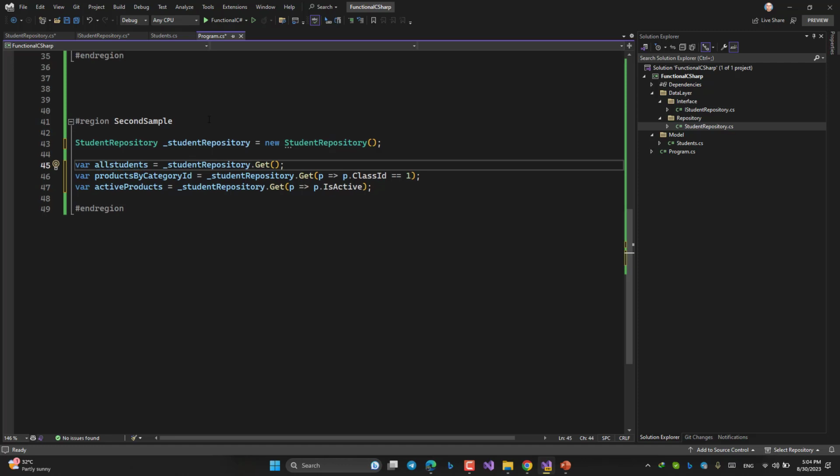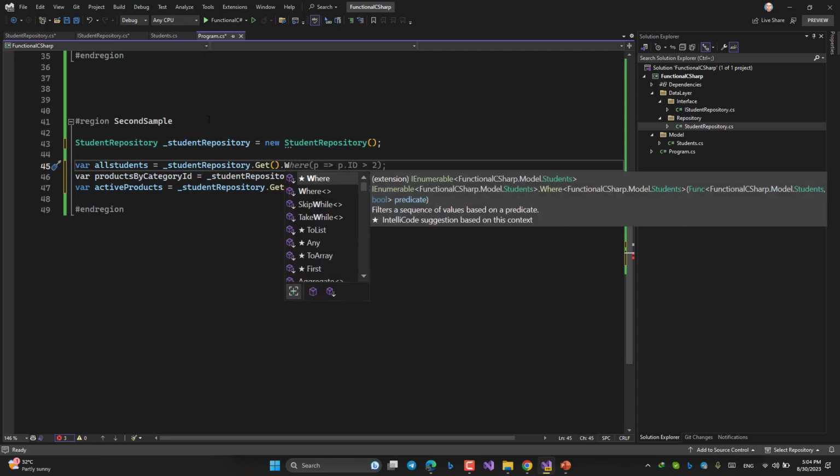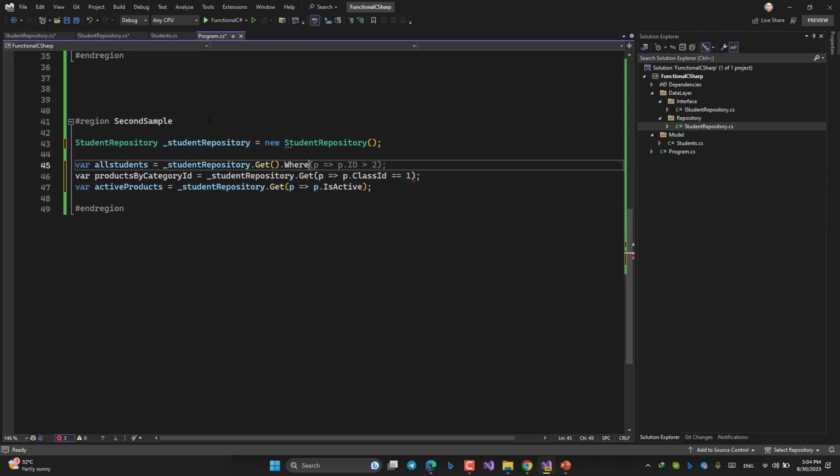Let me show you something nice. Even if I want to use the Where clause, like this. See? Where is a very good example of this type of programming. If you look at the source code on GitHub, you will find Where is totally like what we have done. So the best example of this way of handling programming is the Where clause. Where is the most famous one.